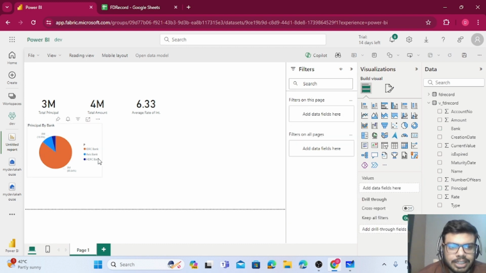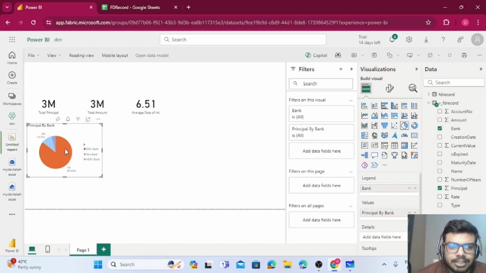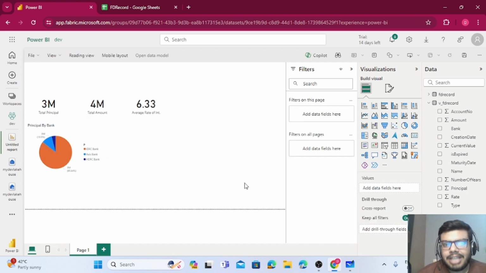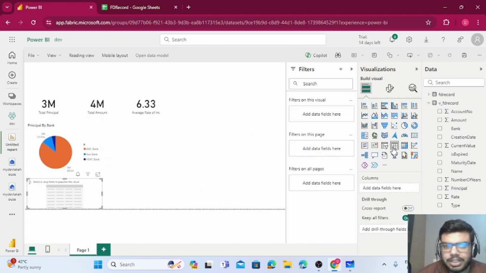And now you can see these are the three different banks. And if I click on IDFC bank, the majority of the amount is with IDFC, and then it is with Axis, and lastly we have it with HDFC. It looks nice. Now what I want is a table view as well, which should show me the